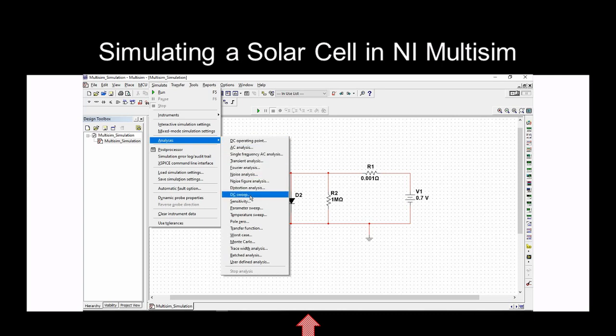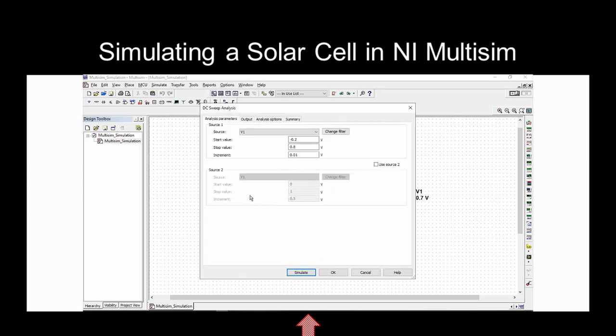You go to DC sweep, choose source in analysis parameter, choose source V1, start value. You may go with some negative voltage, stop value. You choose something usually beyond 0.7 volt. The step size for your voltage sweep, you can take 0.01.